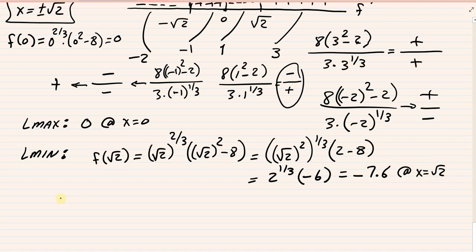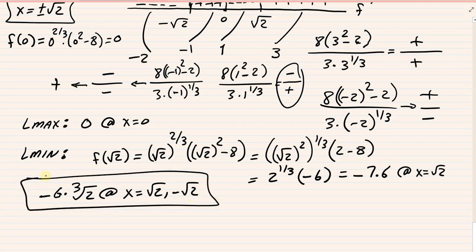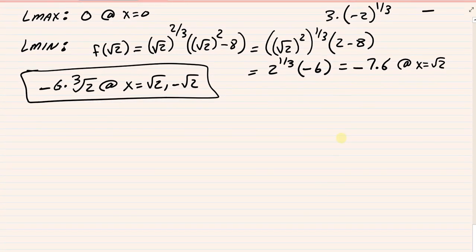There's a second local min. Local min is going to be again negative 6 times cube root of 2 at x equals negative root 2, and there you go, I put those together at plus or minus root 2. So we have two local mins that happen to be the same. Okay, they're local to an open interval. And that's what we wanted to do in this segment. Now, in our next segment,